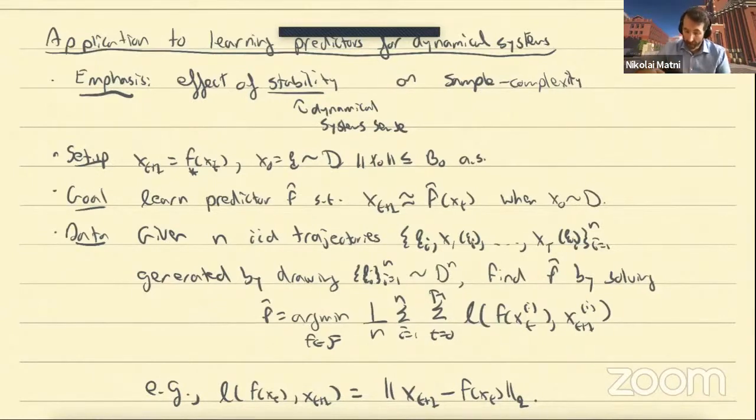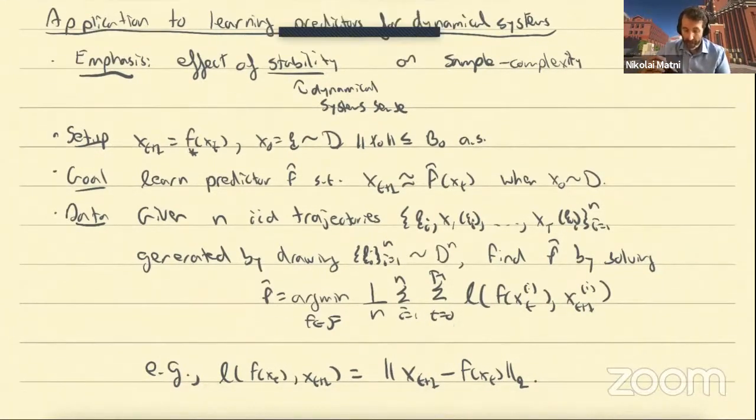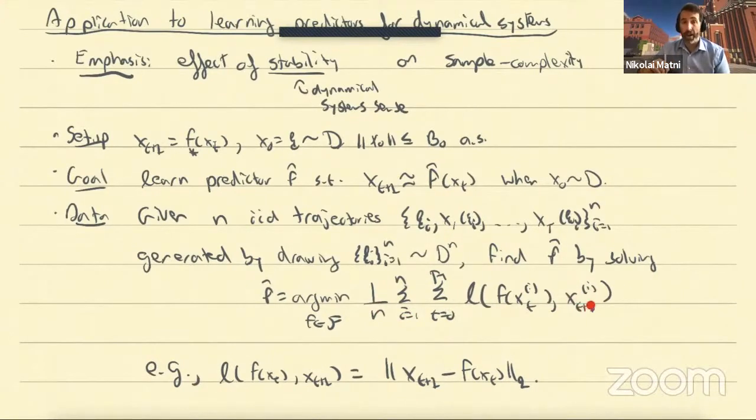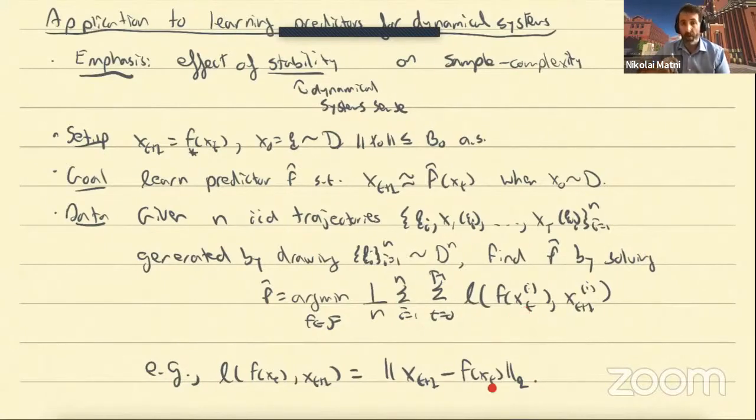And we're going to look for an f by solving the following empirical risk minimization problem, where I'm going to look for my predictor within some function class. I'm going to look at the empirical mean of some t horizon prediction error. A typical example, and one that I'll use for most of today, is we're just going to set this to be the 2 norm between x of t plus 1 and my actual prediction. It's a very vanilla setup, and this is what folks often do when they're trying to fit models from data. And so we'll take a look at what the statistical generalization properties of this will look like.